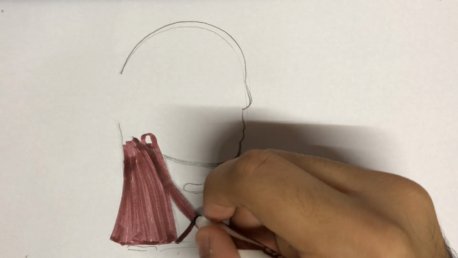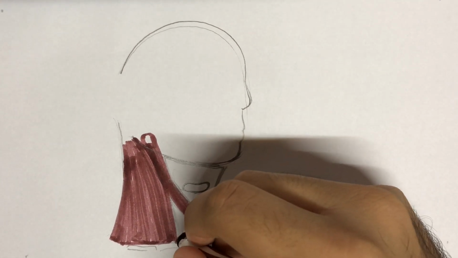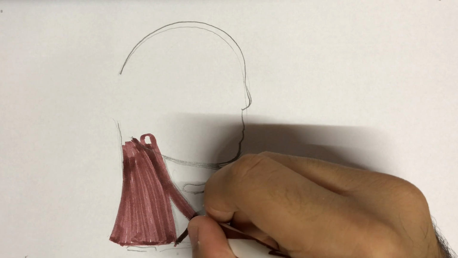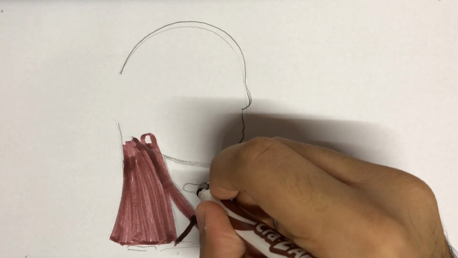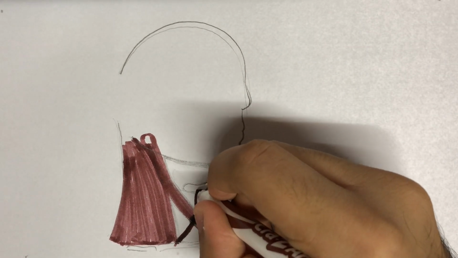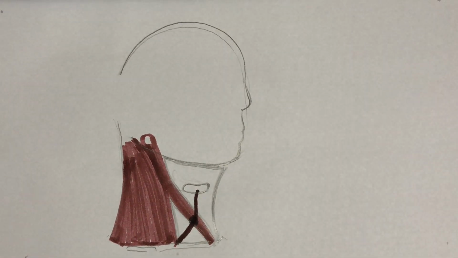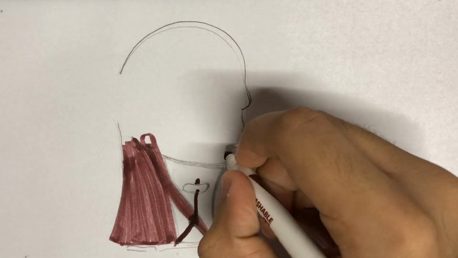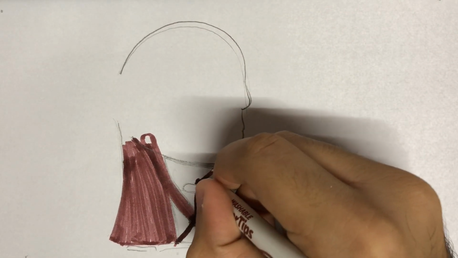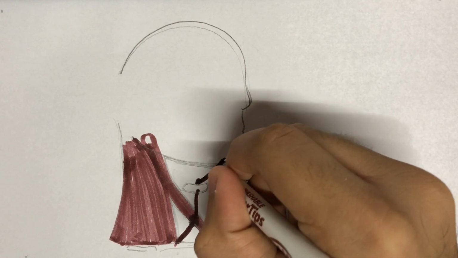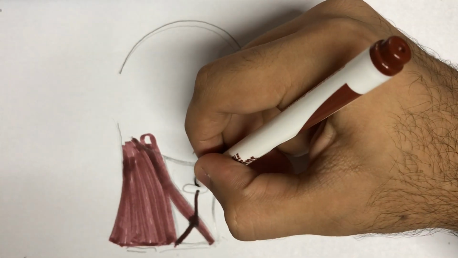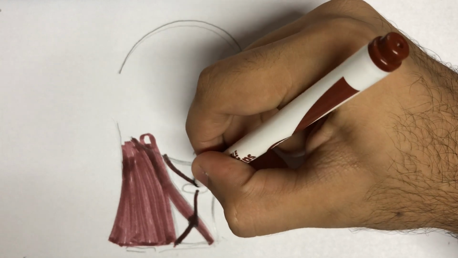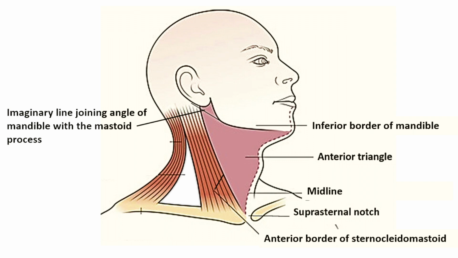The omohyoid muscle has two bellies: an inferior belly, a tendinous middle part behind the sternocleidomastoid, and a superior belly inserting over the hyoid bone. The hyoid bone further has a pulley integration wherein the anterior belly of the digastric muscle winds back to form the posterior belly of the digastric muscle. Due to this, four divisions in the anterior triangle are made.